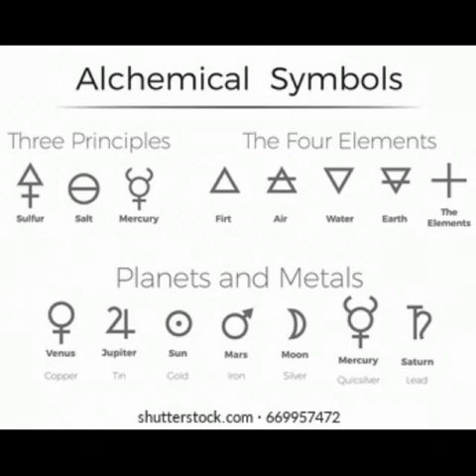Next one, alchemist symbols. In the days of alchemists, different materials that people used were represented by different symbols. While they tried to change less valuable metal into gold, the process was called alchemy, and the men who did this work were known as alchemists. These are the symbols the alchemists used.